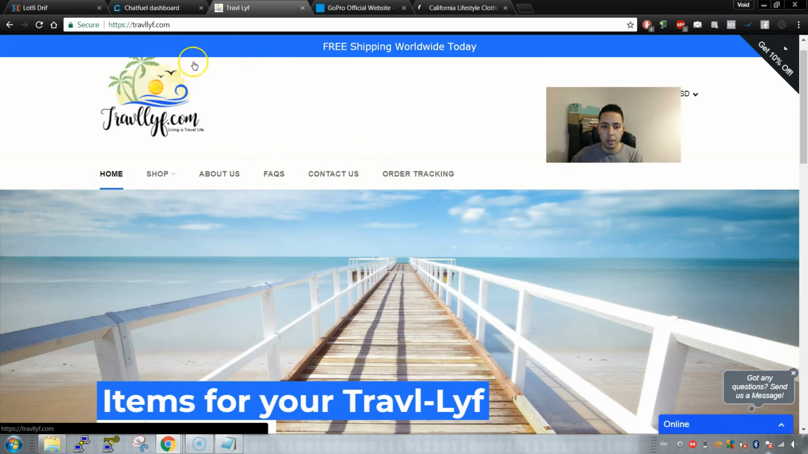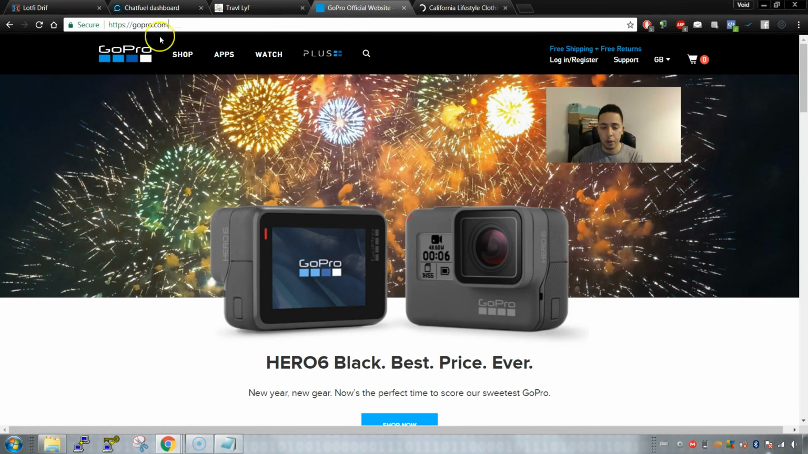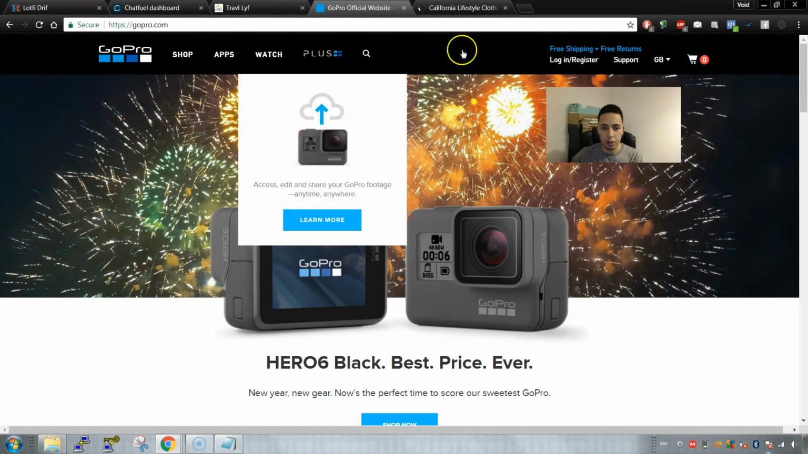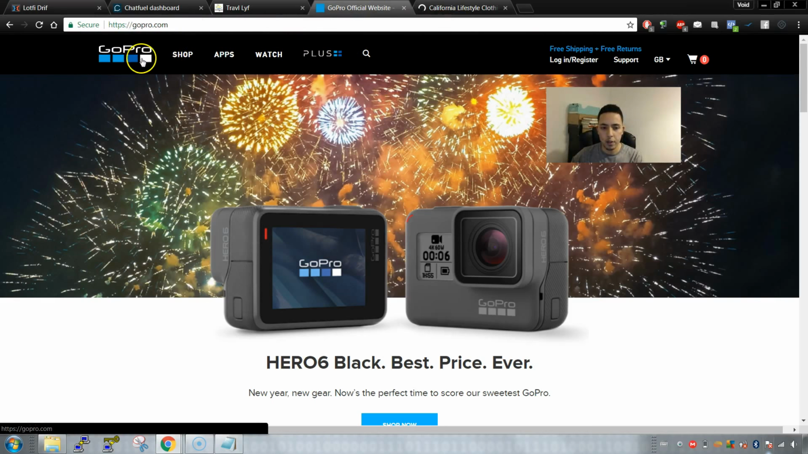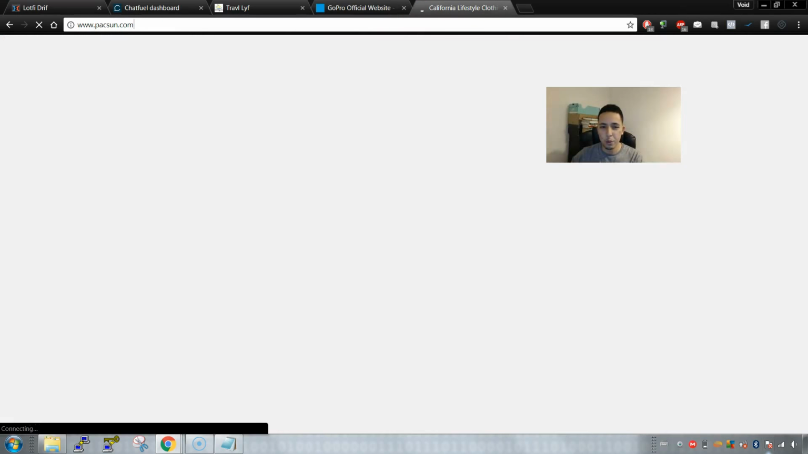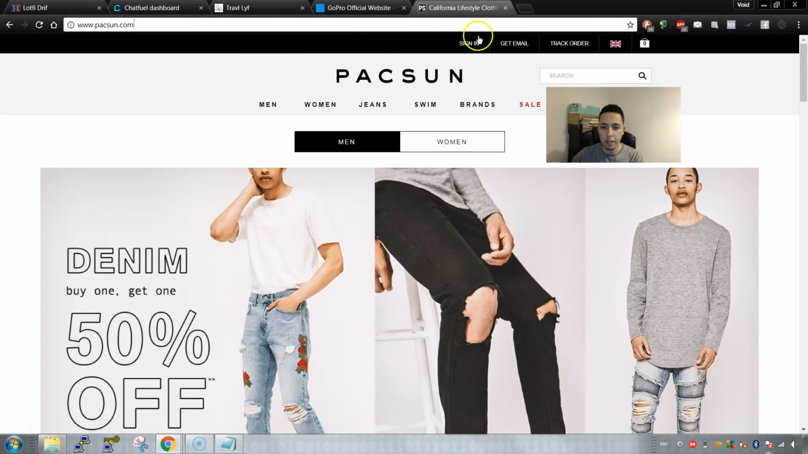So you're going to want to put this near the top, and maybe reference the GoPro website to get an idea of how to structure it. You can see it's very cool. They keep it on top. Almost all websites keep it on top. You can see they keep it right there. You generally do not want to have it